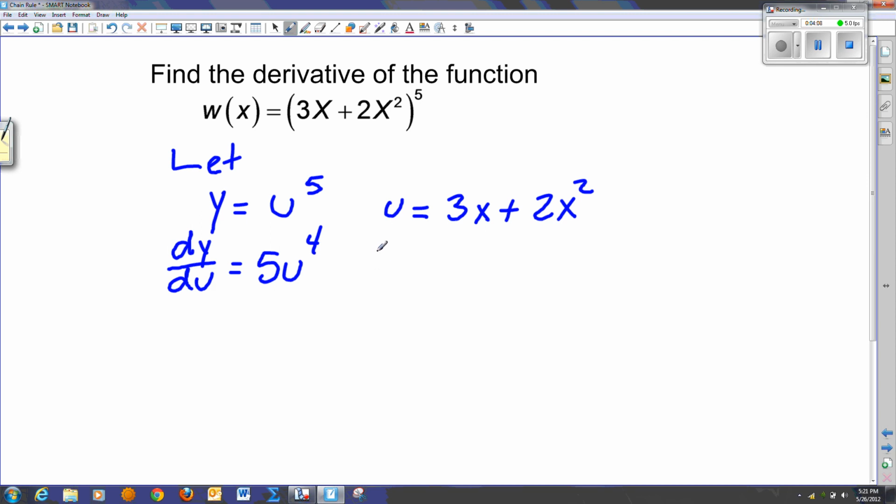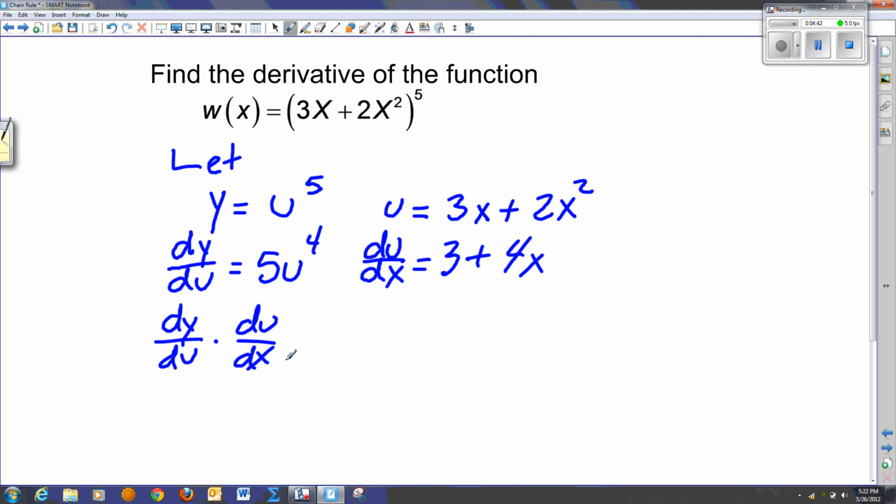If I take the change in u, or the change in x, that's like taking the derivative of u, or u prime, but it's with respect to x. So this goes to 3 plus 4x. Now, once again, multiplying dy du times du dx,